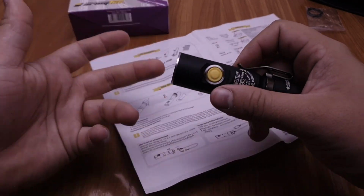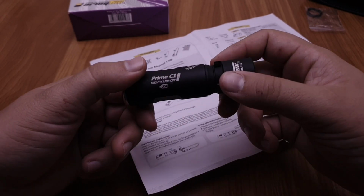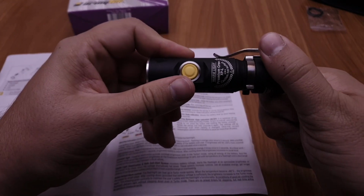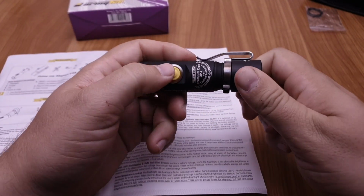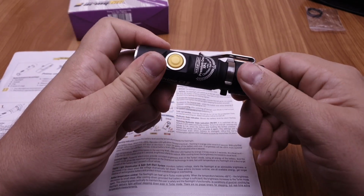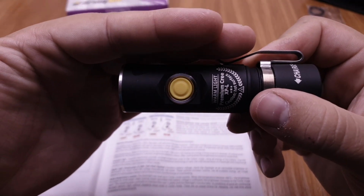But it needs a little practice to get used to it, because it's different than most flashlights. If you want to turn off this switch blinking, just untwist a quarter turn the tail cap, press and hold the button, twist, untwist, and release the button, and then you can tighten the tail cap, and now you have no blinking in the button